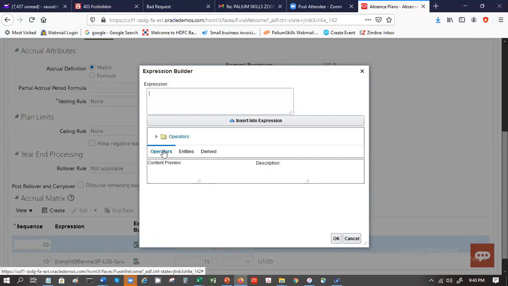But you don't have to write whether that 15 days is sick leave or earned leave? No, this is part of a plan, right? So whatever plan he will apply against, the rules of that plan will apply. If you have a sick leave, you have to set up a sick plan. If you have a vacation leave, you have to set up a vacation plan. So separate plans for everything? Yes. This is generic what you're doing, just to show us. Correct.